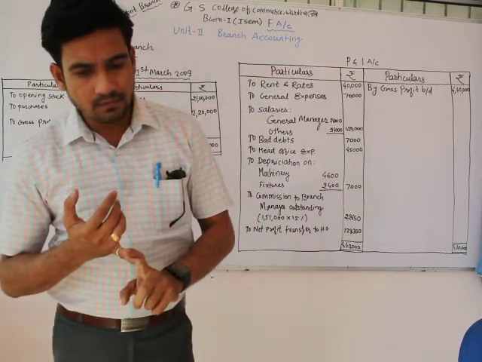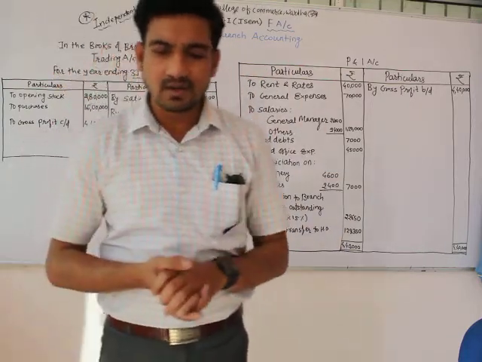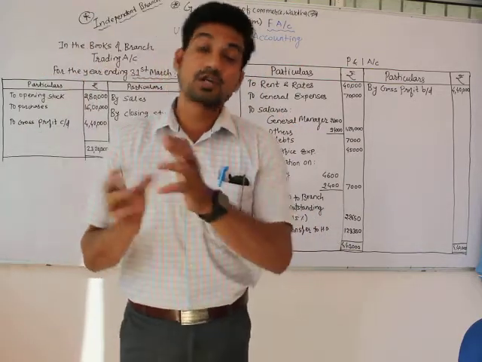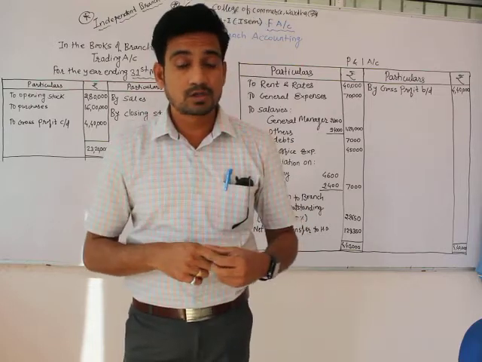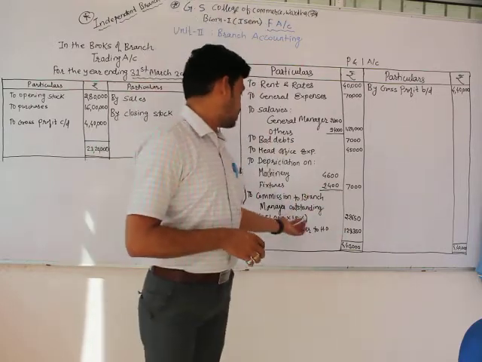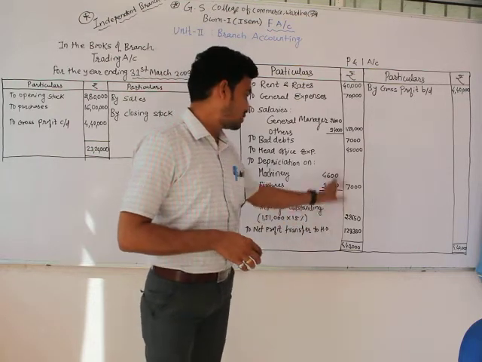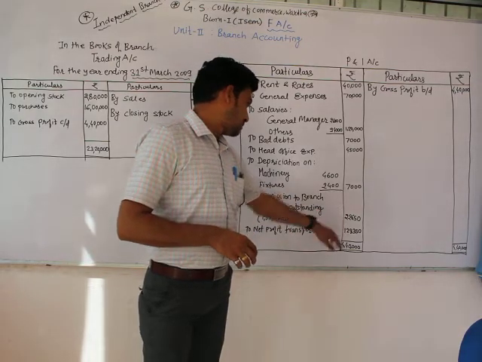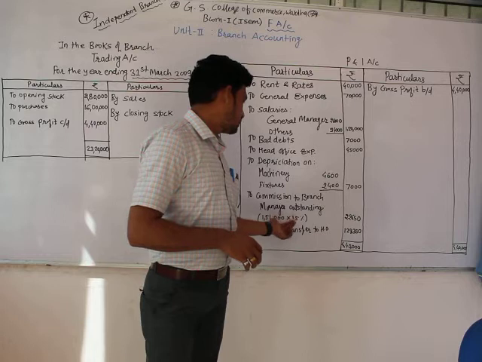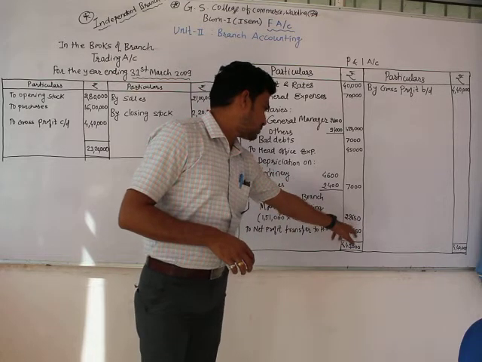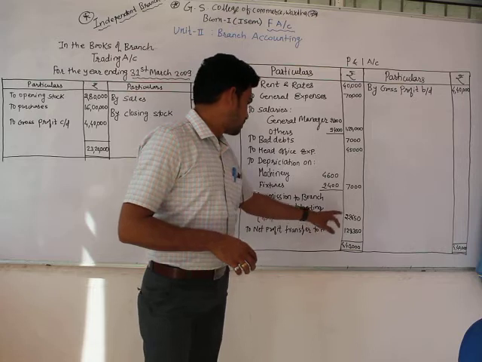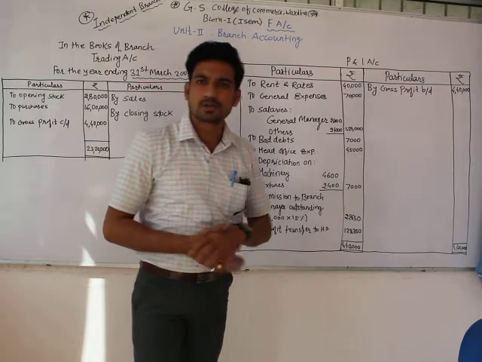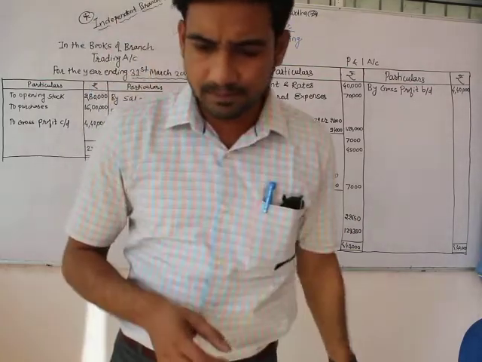It means the branch manager will get a salary of 26,000. Again, he is also entitled to 15% of the net profit of the branch before charging the commission. Before charging the commission, we have to apply the formula. We just did this, 1,51,000. It is actually the difference before charging the commission. We used this formula of 1,51,000, because if you just add those things, you will get 1,51,000. So 1,51,000 is actually the addition of these two things, and after that you will get the commission. So that is the thing we did there.